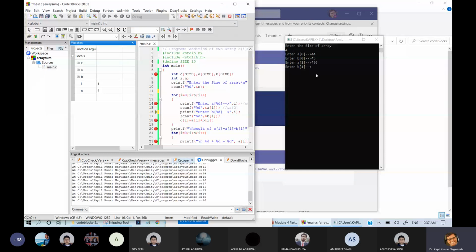Okay, the next line is B, and then press enter, then come to the next line. So this is the sequence in which your program is running.